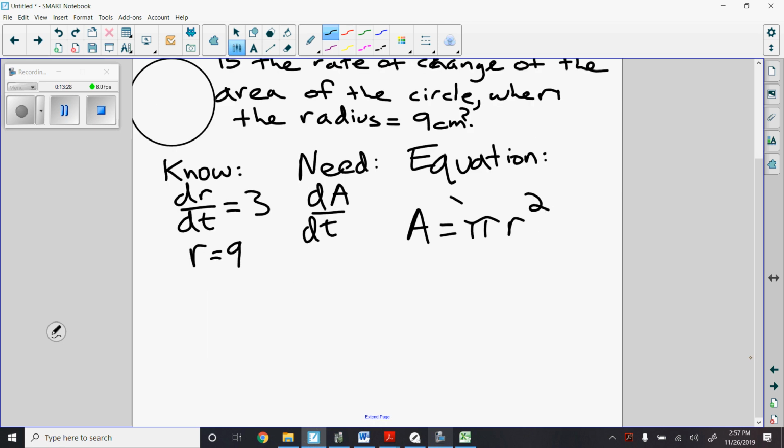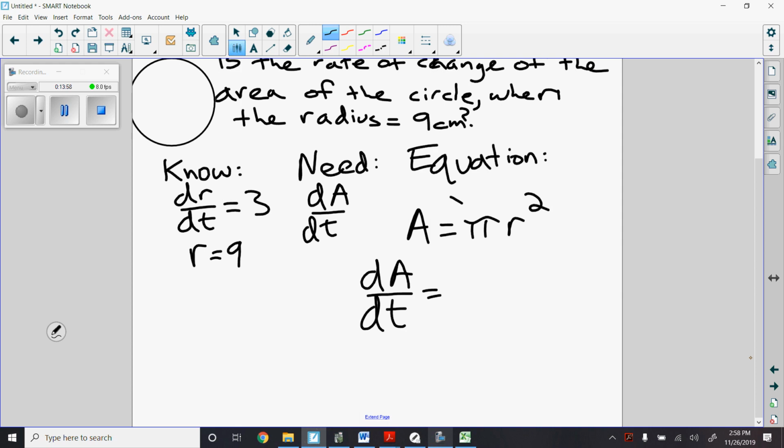And again, I'm going to treat this like implicit differentiation. The derivative of A is 1, but I need to multiply on my dA dt. So I'm just going to write that as dA dt. I'm going to go ahead and derive both sides of this equation. The derivative of A is quite simple. It's just dA dt. The derivative of pi r squared